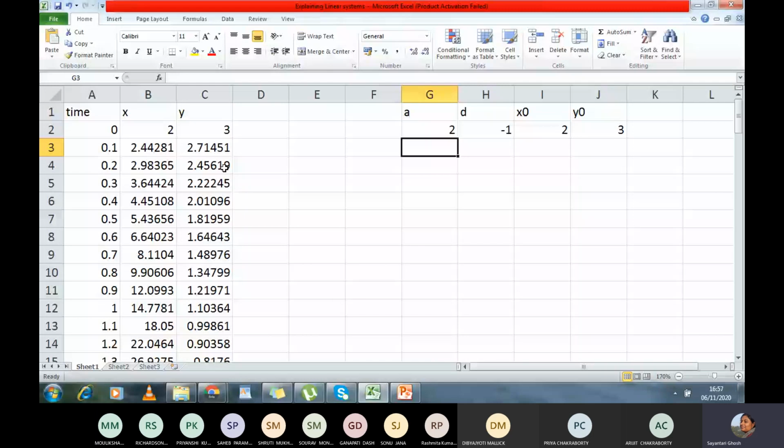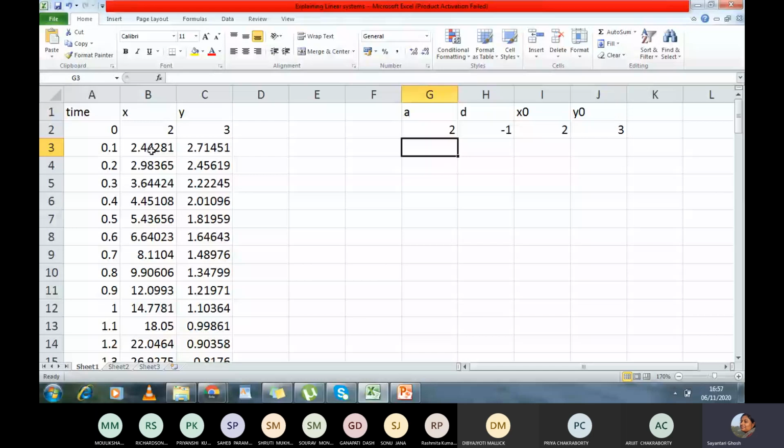So now what is the solution? dx/dt is equal to ax. That was your equation, right? So if that is your equation, then the solution x(t) is equal to x0 e to the power at. So now it is e to the power 2t. That means it's an exponentially growing function.